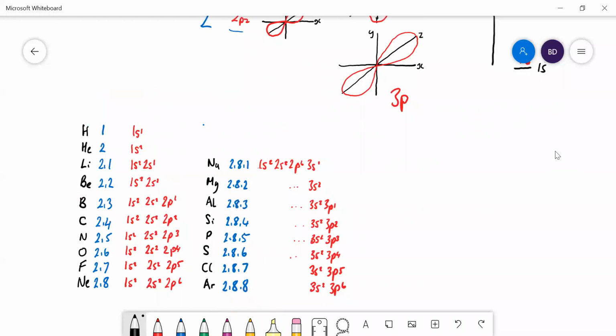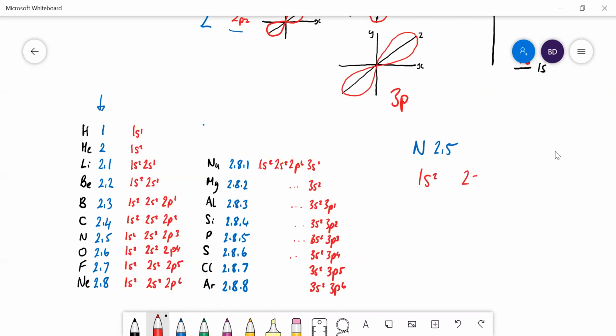Right. Okay, so what I've done here is in blue, I've done the old GCSE way of saying 2, 4, 2, 5, whatever. And hopefully you can see here, let's take nitrogen as an example. The old way of doing it was 2, 5, and the new way we're saying is